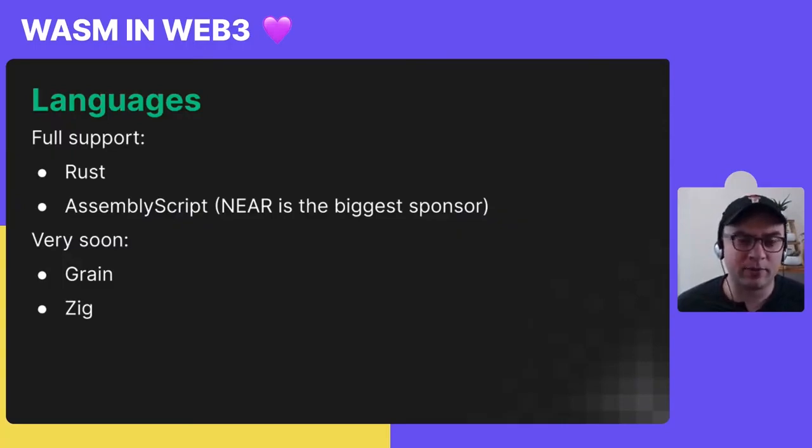Many people coming from web development are already familiar with TypeScript, so AssemblyScript is just a dialect of TypeScript. It looks almost exactly the same as TypeScript, but it has some extra annotations for type safety and whatnot. It also tries to be as close to WebAssembly as possible, so it is easier to compile to WebAssembly than TypeScript.